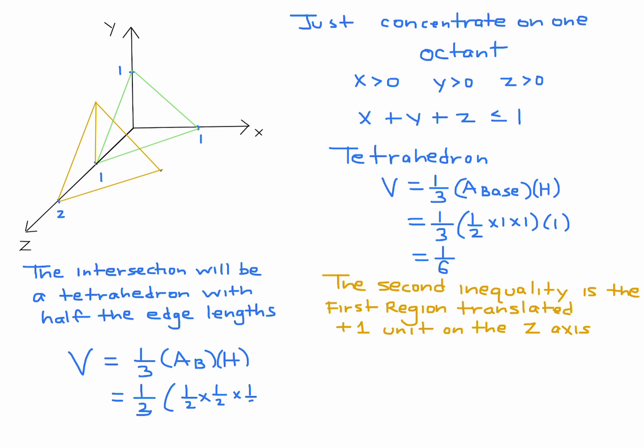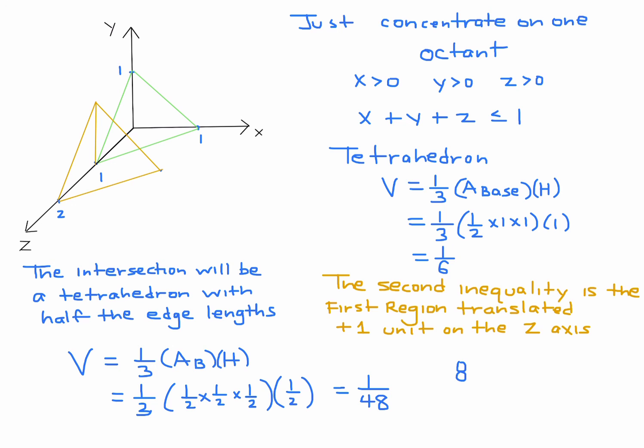So 1/2 times 1/2. And the height, before it was 1, so it's half of that now, so it'll be a half. And when you do this, you get 1/16 times 3, which is 1/48. And remember, this is just looking at one of the 8 octants. We have to look at 8, so 8 octants will have 8 times the volume,